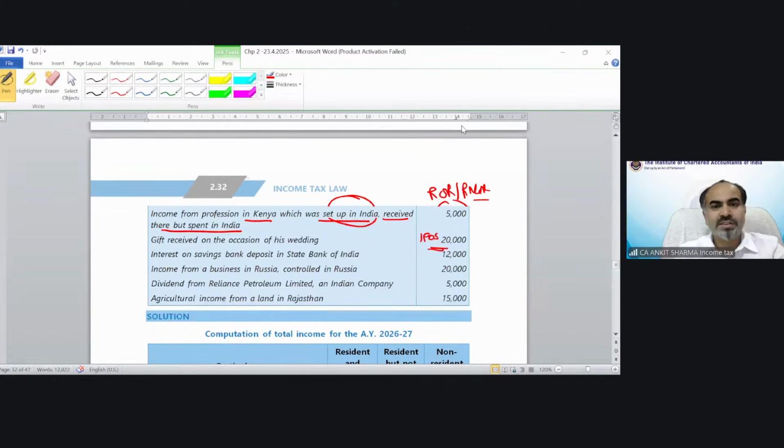Interest on savings bank deposit in State Bank of India. What should be the treatment? Taxable for all. Why? Because the bank is in India, the interest would be treated as deemed to arise in India for all. So this is going to be taxable for all. Next is